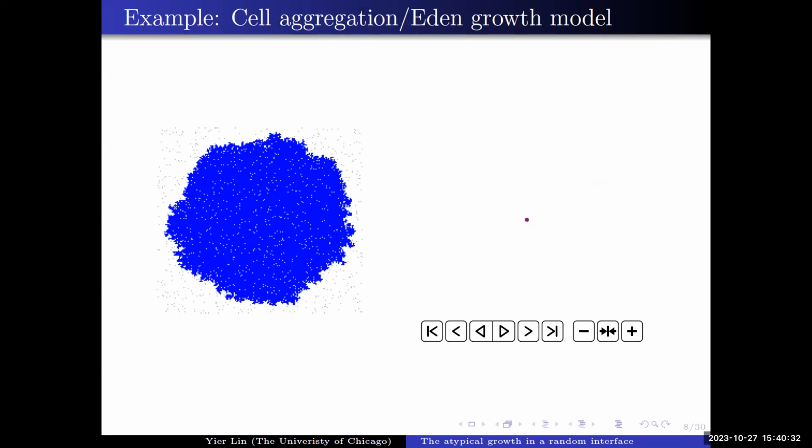And this is something in biology. Cells may want to join together to form some aggregation, and as time evolves, this cluster will become larger and larger, so you can see there are some interfaces growing. On the right-hand side, there's a mathematical model that models this type of interface growth, called the Eden model, where you start from the origin and the neighboring points in the lattice join the origin, forming a cluster, and then it attracts the neighboring lattice sites to make the cluster larger and larger.